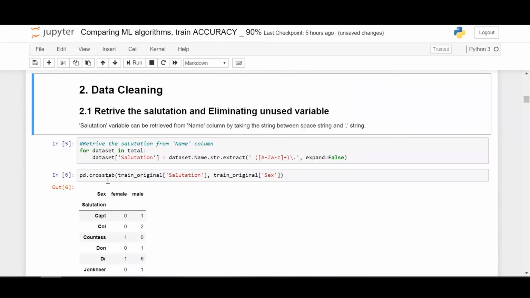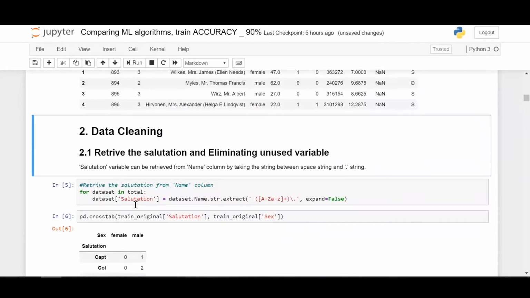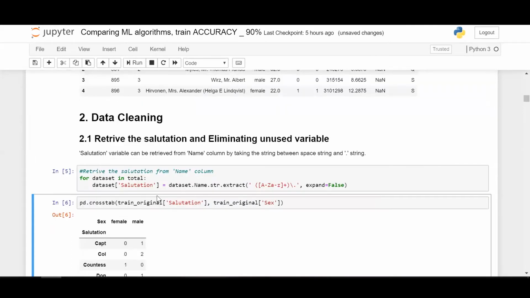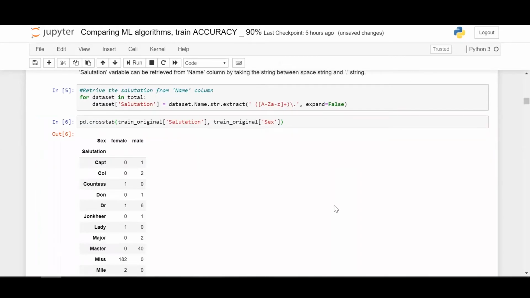So now I just do a little bit of cleaning. So this is a bit of regex, which you have seen in C++ also. It's almost the same in Python. So there are just a few small modifications we'll do. First one is the salutation. For example, in the name column we have Mr., Mrs., Doctor, Miss, that one. And we have different salutations here.